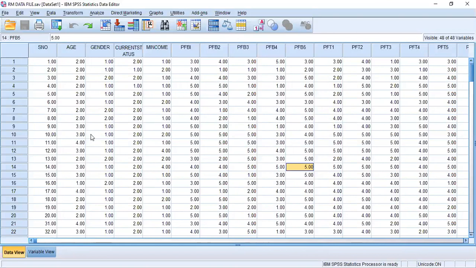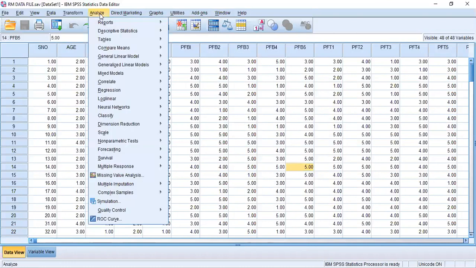Now let's start the analysis. Can you see my cursor moving? Go on Analyze. Then click on Missing Value Analysis.